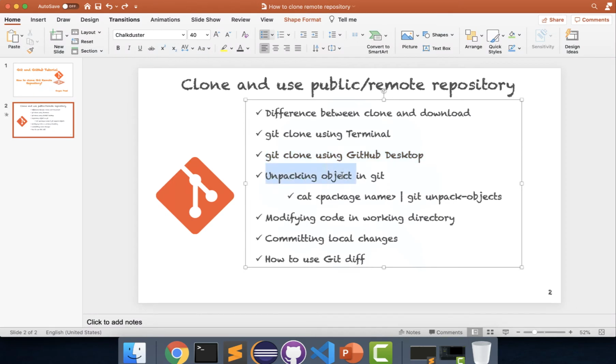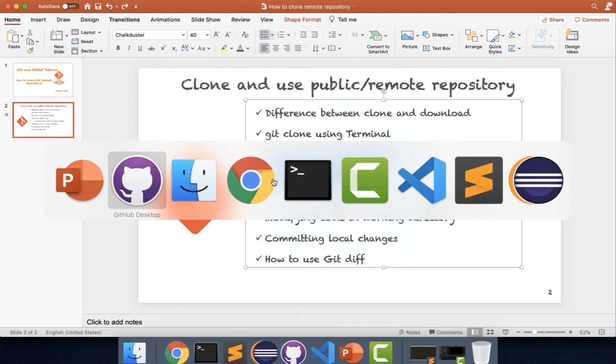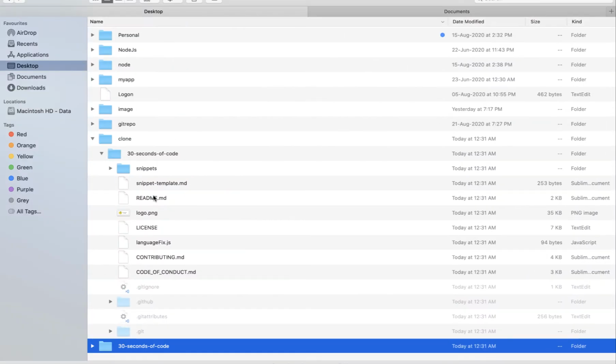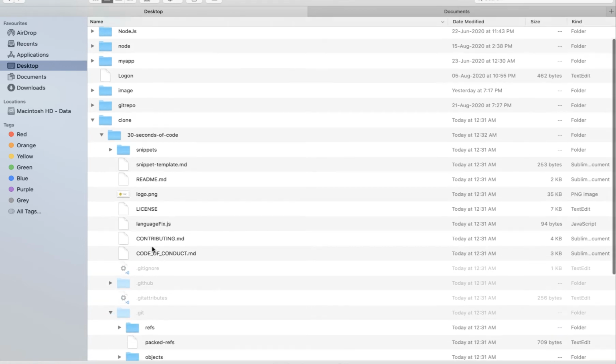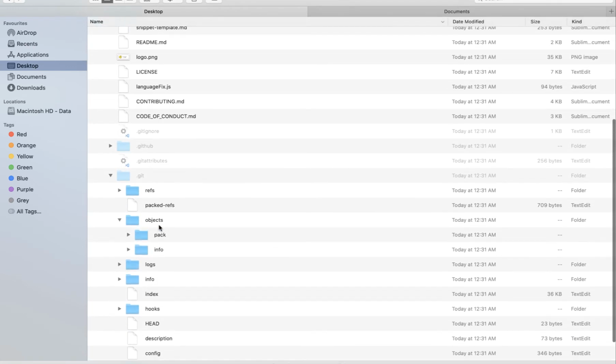Now we'll see unpacking objects in Git. So what does that mean? So I'll just go back to any repository. So let's say I am in clone 30 seconds of code. If you remember, in a previous session we saw that in the objects folder we'll find a lot of objects present. But in this case, if you see, there is not even a single folder present for any object. Why is this? Because when you store any repository in the GitHub location,